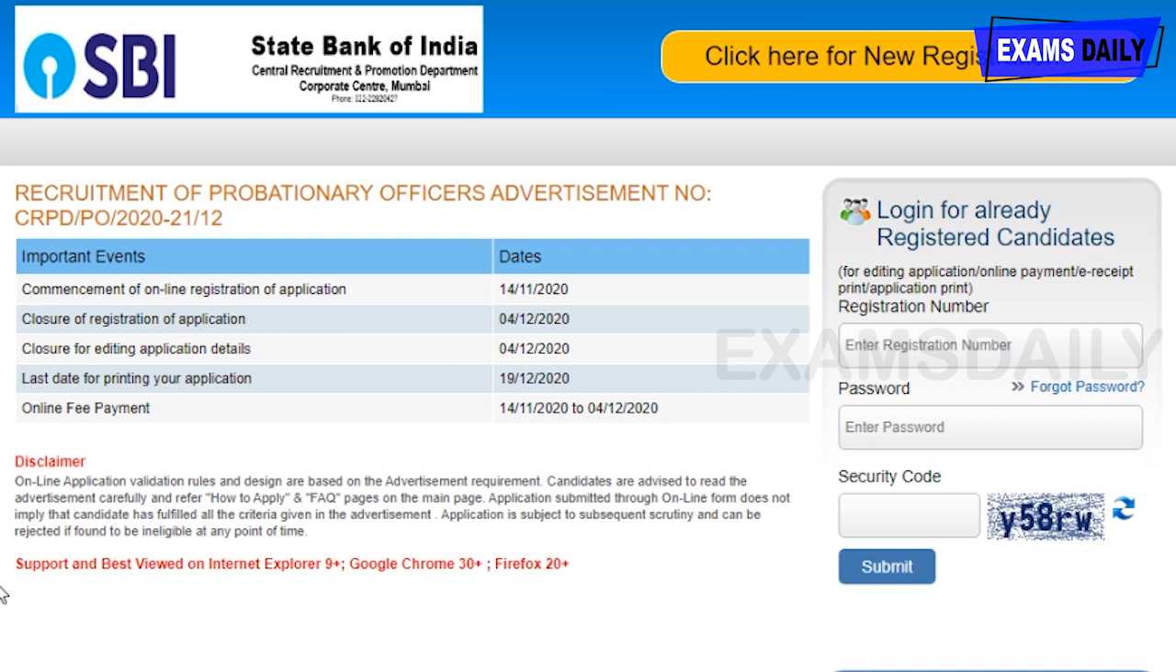And see, this is the main page of SBI, State Bank of India, and this is the applying page. I am giving this link in the description box. You can go through that and it opens this window, and see here it is the recruitment of probationary officer advertisement